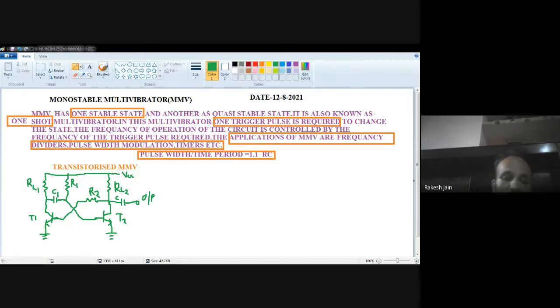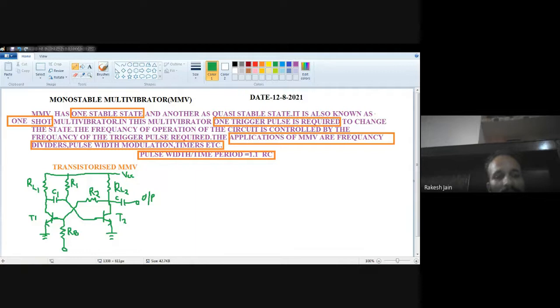Now a trigger pulse is also used, as I have already mentioned. This is a monostable, so a trigger pulse is also required. So the trigger pulse is applied at the base of the first transistor via a capacitor. So this is the base of the first transistor. Now because a trigger pulse is required, this base is also connected to a base supply. Let's suppose the resistance name is RB, base resistor,